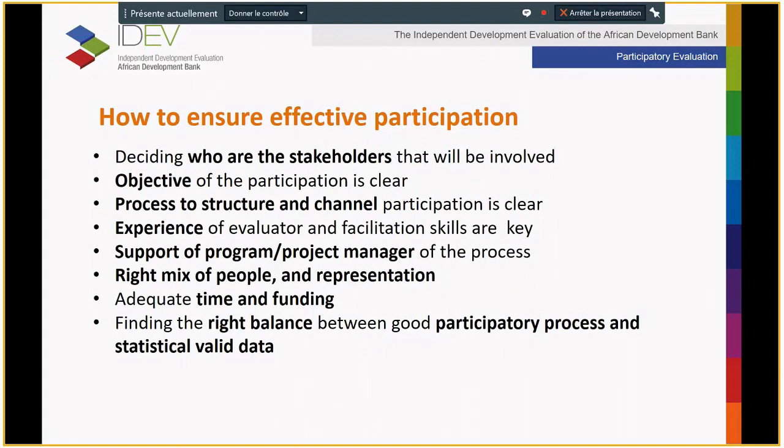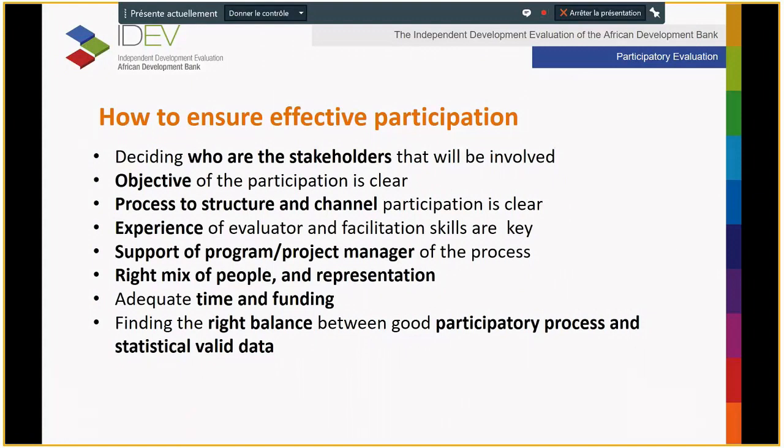It's very important at the beginning, because stakeholders will feel safer to be part of your evaluation, but also at the end, because it ensures the correct use of its results. We also mentioned before adequate time and funding. Be realistic in your planning,